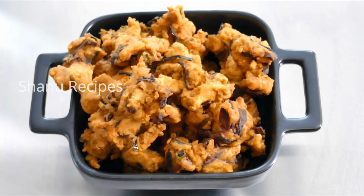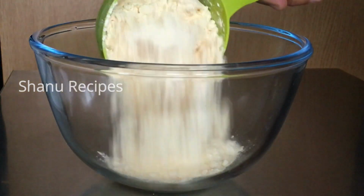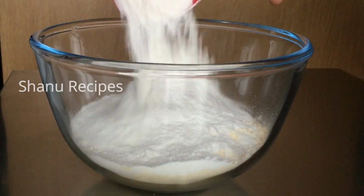In this video, I'm going to show you how to make onion pakoda. It's a very quick tea time snack recipe. Let's get started. In a bowl, add 1 cup of besan or gram flour, half cup of rice flour, and